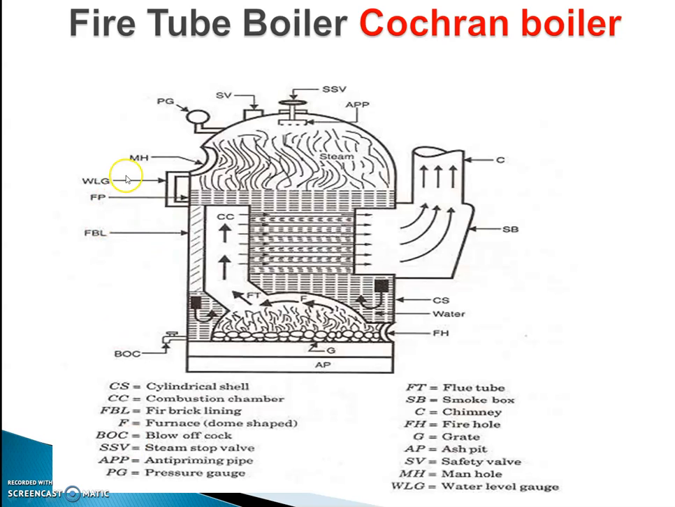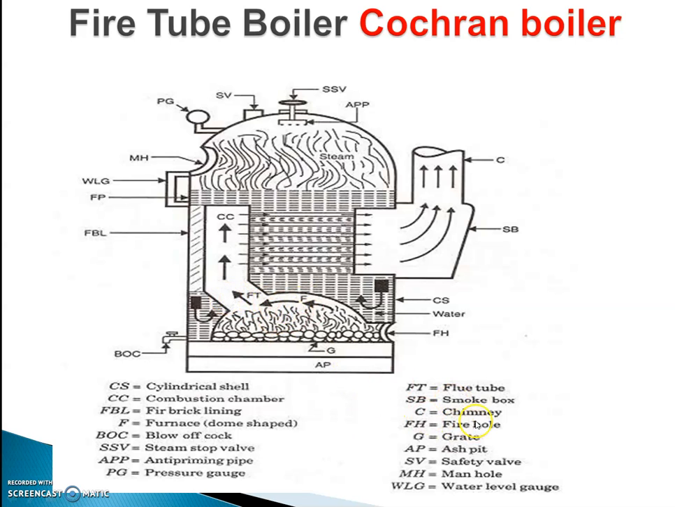Now we will discuss the various types of fire tube boiler. First we discuss the Cochran boiler. The figure shows a simple vertical Cochran boiler. The Cochran boiler is fitted with various accessories and mountings: a cylindrical shell, combustion chamber, fire brick lining, a furnace of dome shape, blow off cock, and a steam stop valve at the top of the boiler, anti-priming pipe, pressure gauges for safety, flue tube from the combustion chamber, smoke box